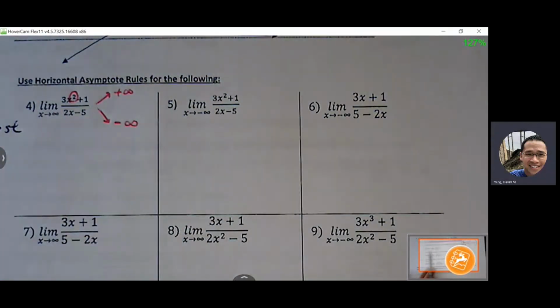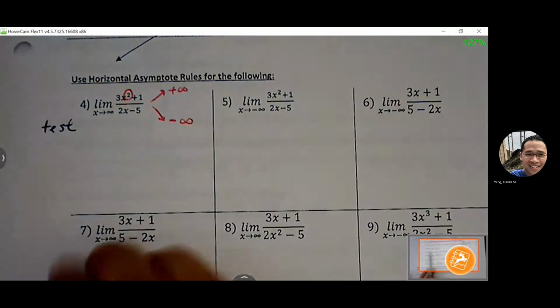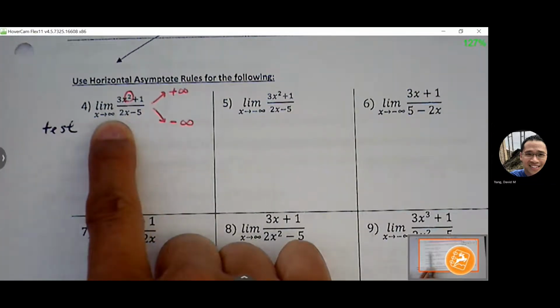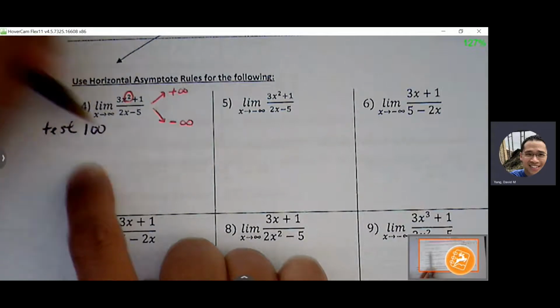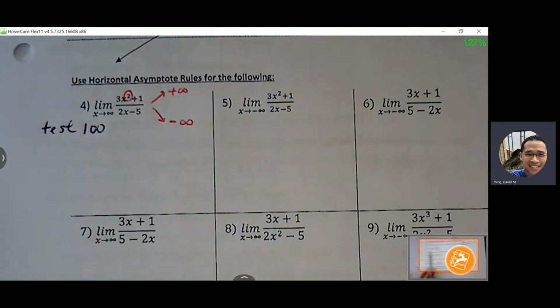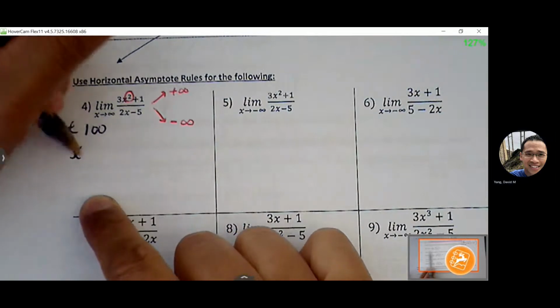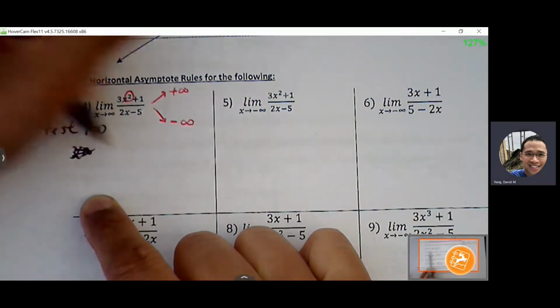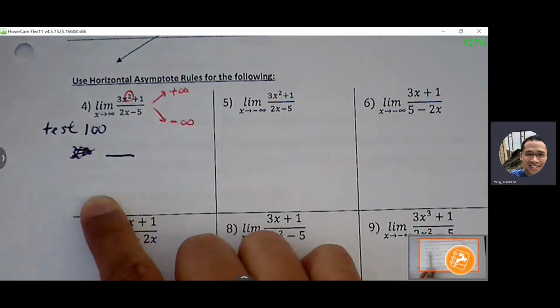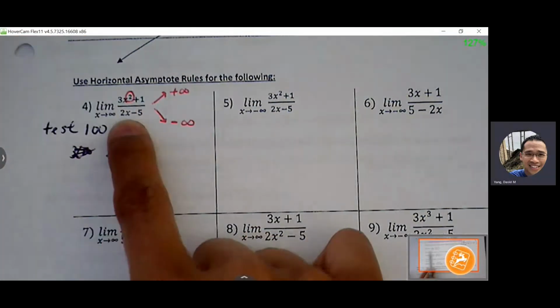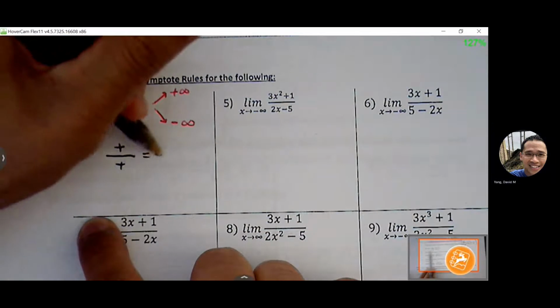Let's test a large number, right? What can we test? Positive 100, because we're headed towards positive infinity. We're moving to the right. Okay, so 100 in for x. I don't even have to write this out. Numerator is positive or negative? Denominator, positive. So